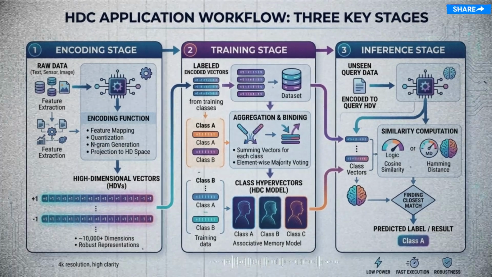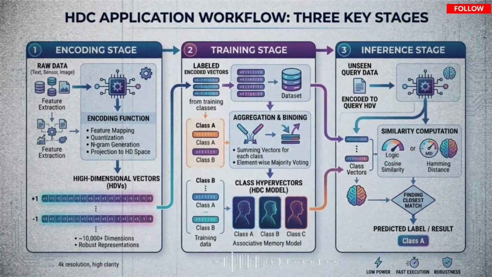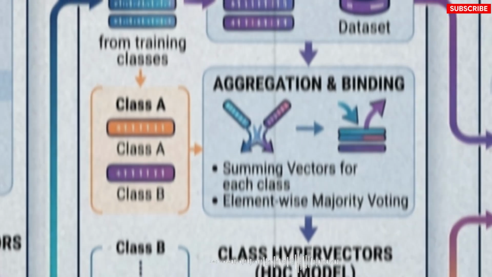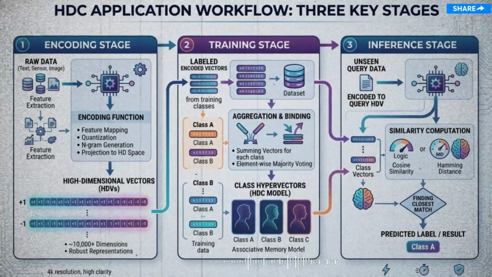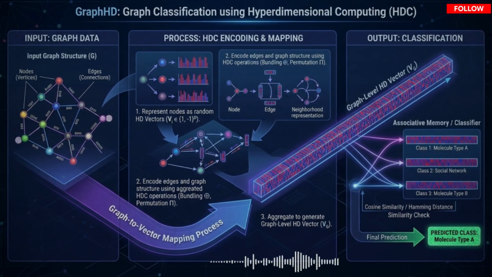This integration could address the inherent limitations of HDC on classical hardware, particularly regarding storage capacity for large-scale data and high-complexity tasks. The algorithms used in HDC applications can often be separated into three stages: encoding, training, and inference. The encoding stage is the most important and is application-specific, serving to map objects in the input space to hypervectors